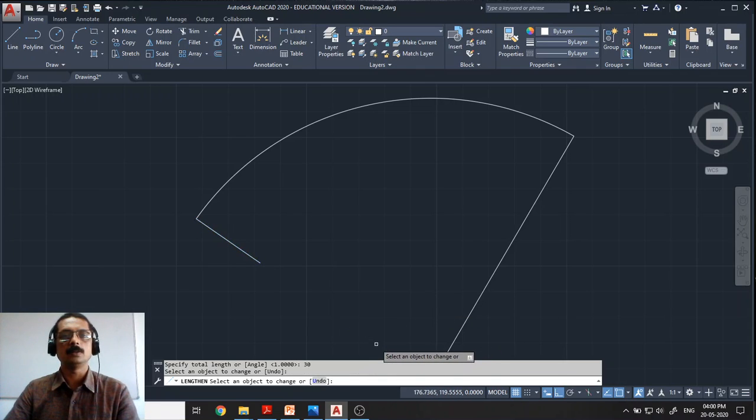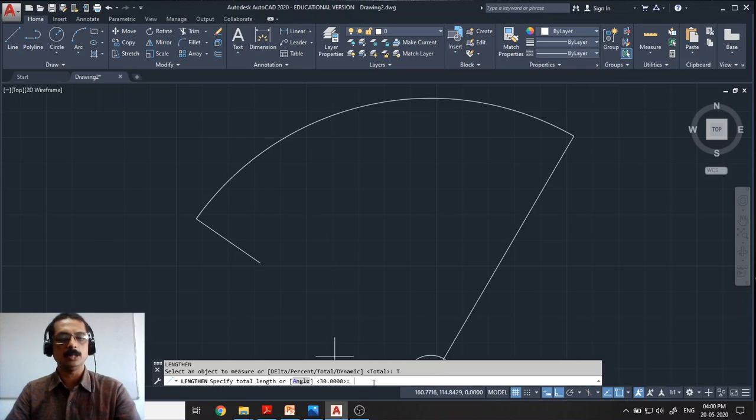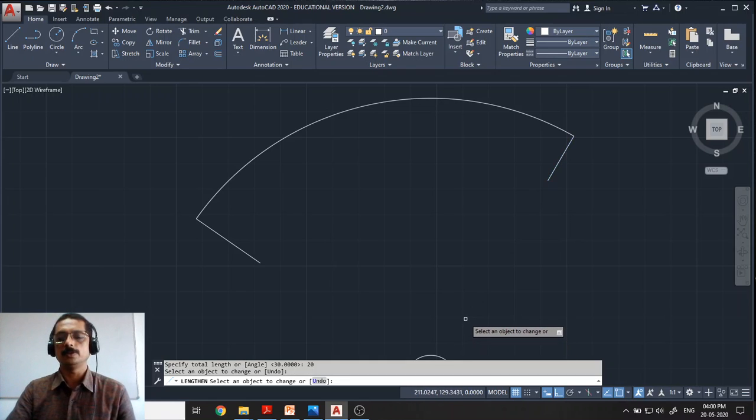And here, so now you can see this length of this line has become 30. Again, I want this line to be 20, so I repeat that command by pressing enter. Again, I will take total, then total what I want is 20, and I click on the line which I want. Okay, so I got this line as 30,